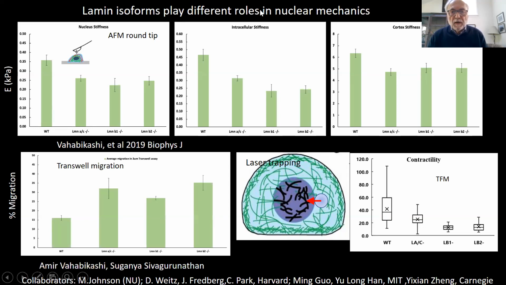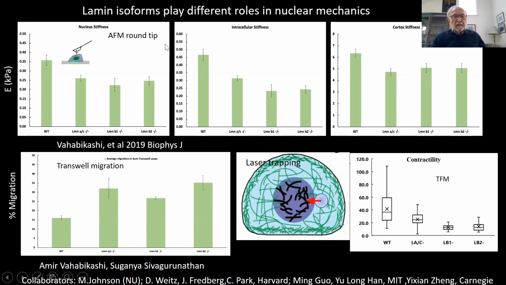Most of the work that's published in the literature has been done with nuclear lamin A. We've extended this to look at each lamin isoform, again, taking advantage of the knockout cells that Ishii has provided. And Amir Vahabakashi, who's in my lab, who's a biomedical engineer, an expert in atomic force microscopy, has developed a technique using AFM round tip and AFM sharp tip